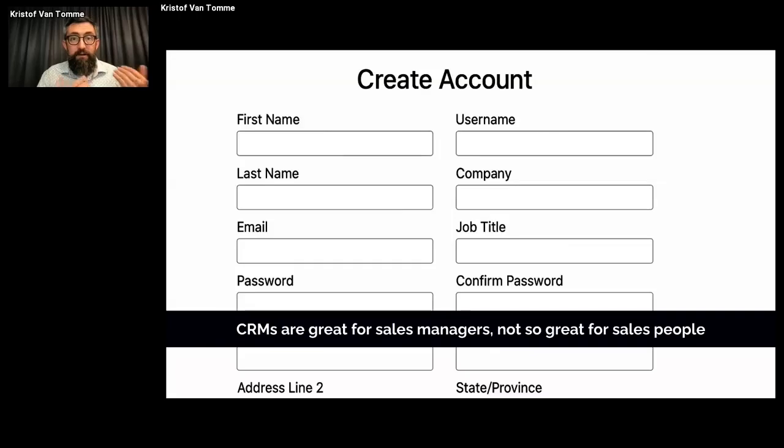Sales managers love CRMs because they give them insights into how their teams are doing. CEOs definitely love CRMs because they help them keep track of what's going on in their pipeline. Salespeople might not like CRMs as much because they force them to fill in forms and do all this bureaucratic stuff to keep the company updated about what's going on.